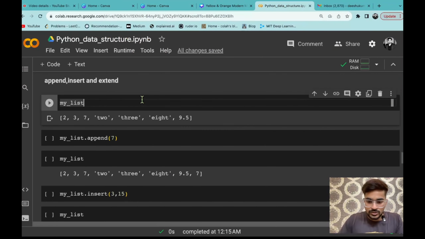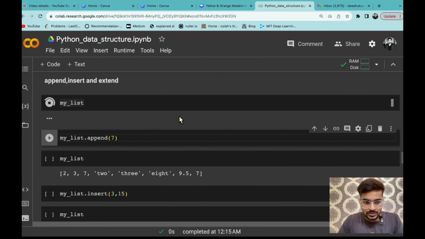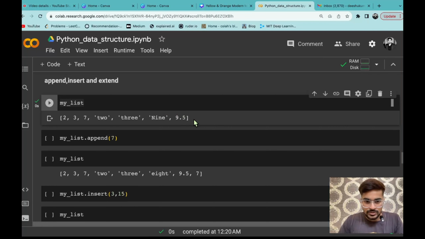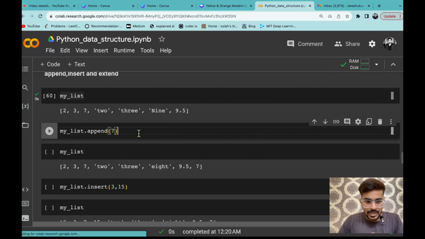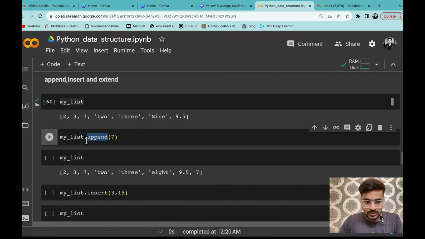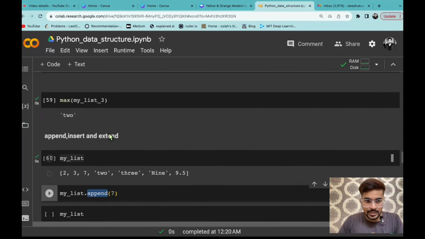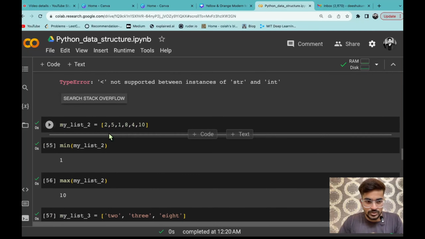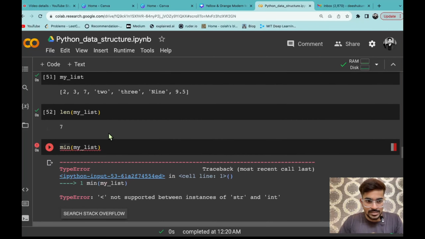Cool. So my list, again the same one which we have defined. This is the list we have defined. Now I am using the dot append method. Now why is this a method? Whatever we have used before, min, max and length, was a function. Why a function?